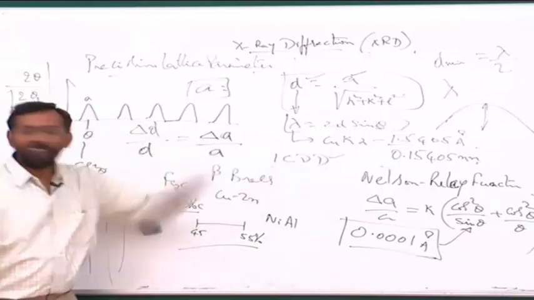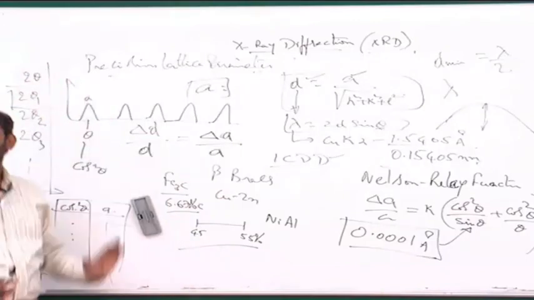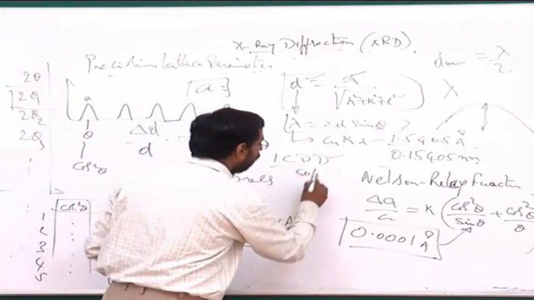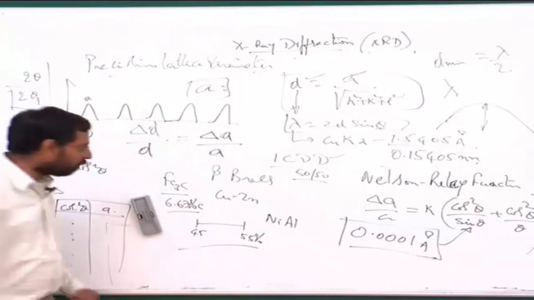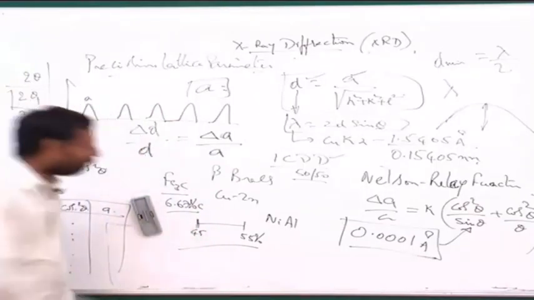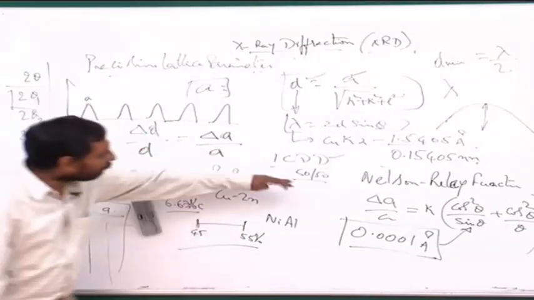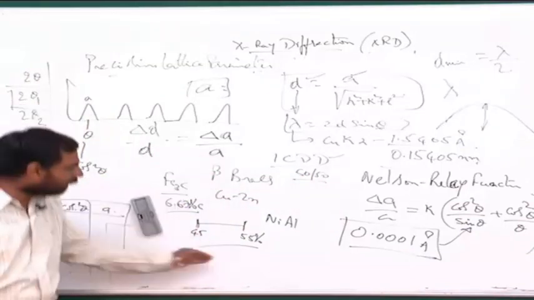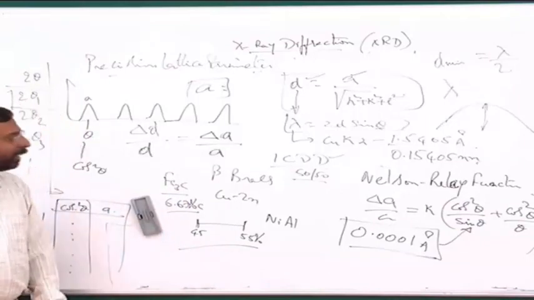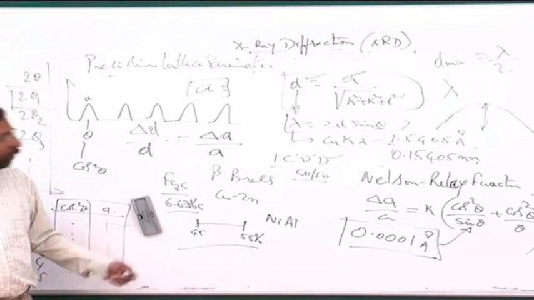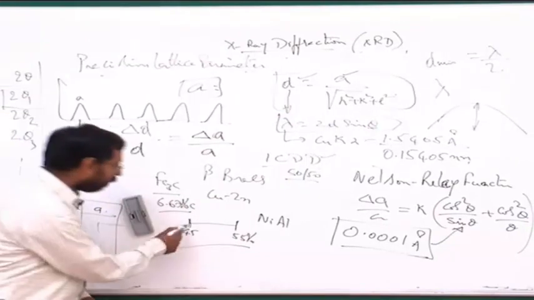Then if I look at ICDD, it will give you the NiAl lattice parameter, and what it gives you is for a 50-50 composition. If your phase by any chance in your system has 45% of nickel or 55% of nickel, obviously your lattice parameter is going to be different. So the lattice parameter that is given in the ICDD may not exactly match with your lattice parameter. As a result, you get a slight difference in lattice parameter. That is where you have to make sure whether the lattice parameter that I am seeing corresponds to a different composition or not.